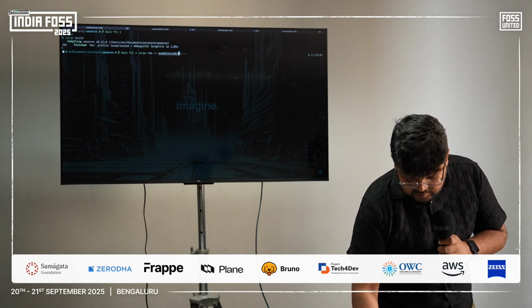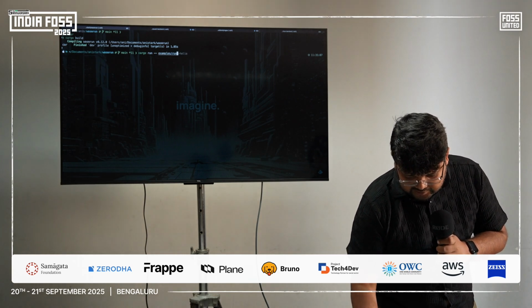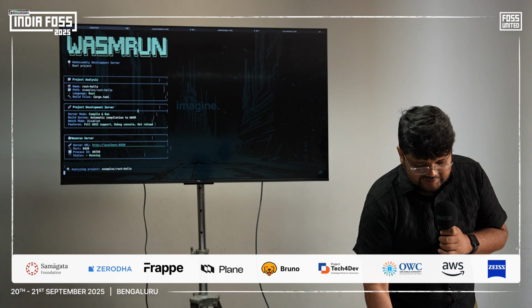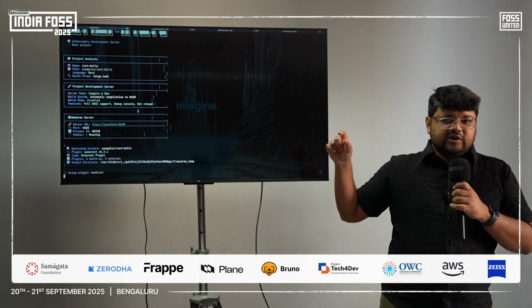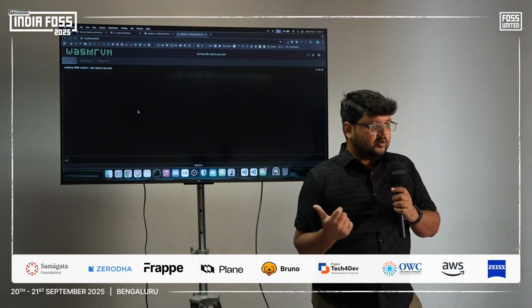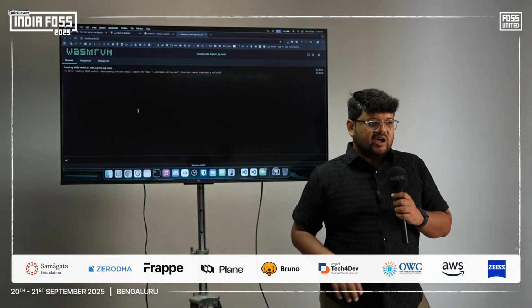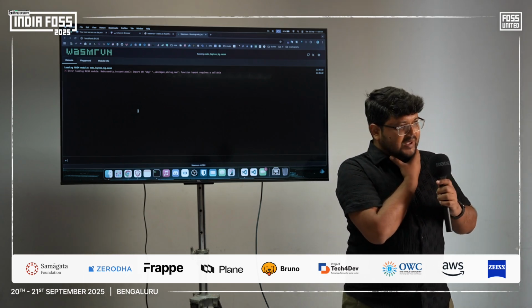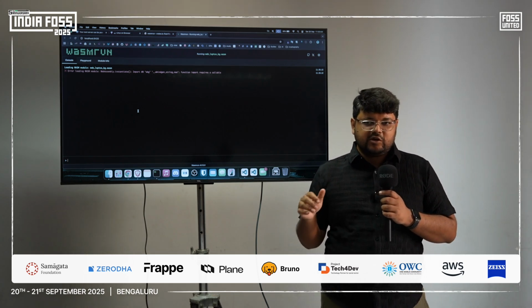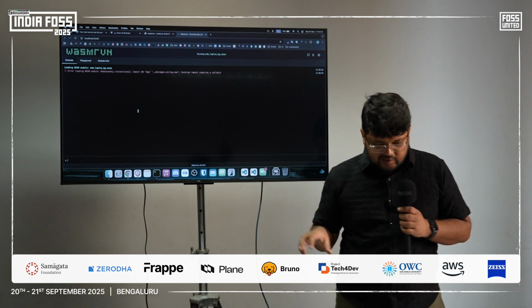So let's say I want to run a simple Rust hello. Here's a simple example. And when you run it, this will essentially first compile it. This works on an AOT compiler base, which is ahead of time. We can essentially support just-in-time compilers as well, but AOT works very well because of the compiled languages.